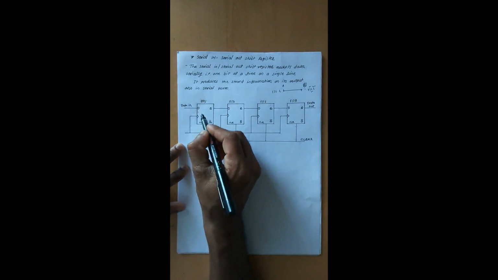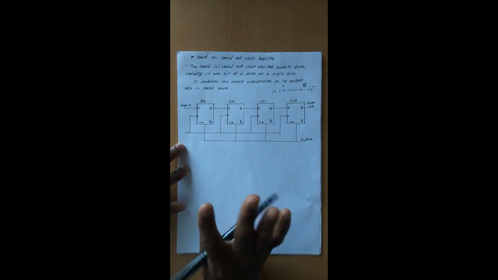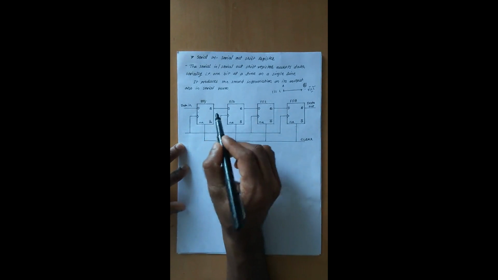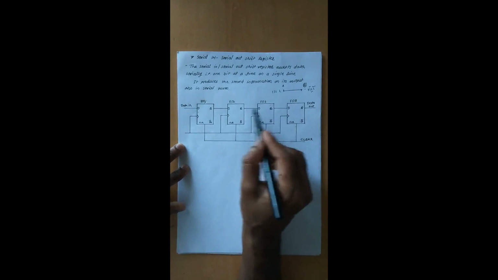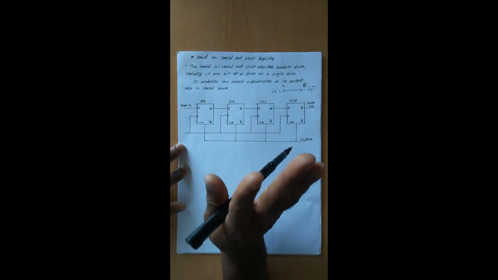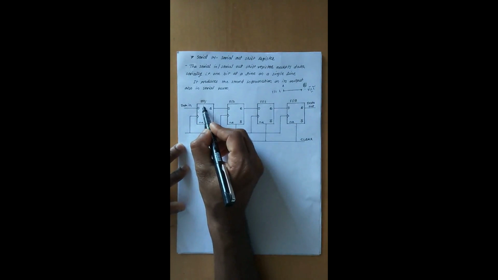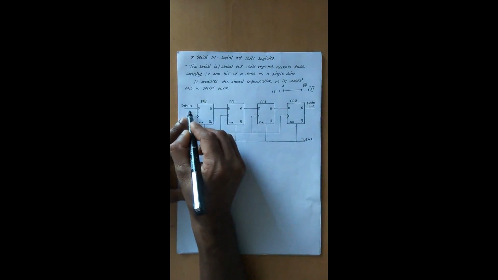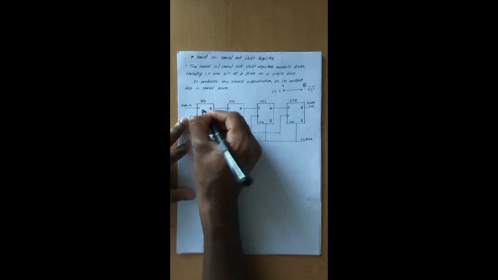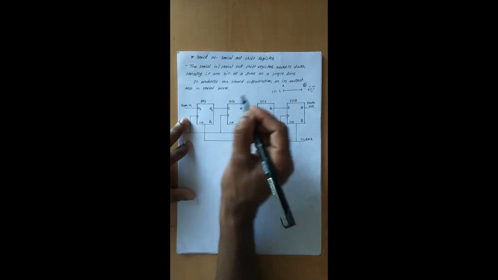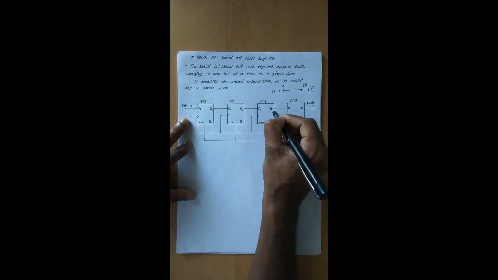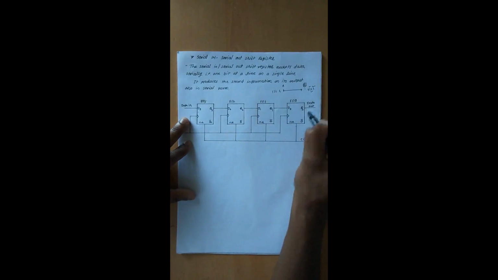We'll see the construction of this shift register. First, it consists of 4 flip-flops. So this is called a 4-bit shift register, because one flip-flop is for 1 bit. Here 4 flip-flops are available, so it is called a 4-bit shift register. This is the fourth flip-flop, then the third, second, and first. This is the data in. This is D3, which produces the Q3 output. This is D2, which produces Q2. This is D1, which produces Q1. This is D0, which produces Q0.